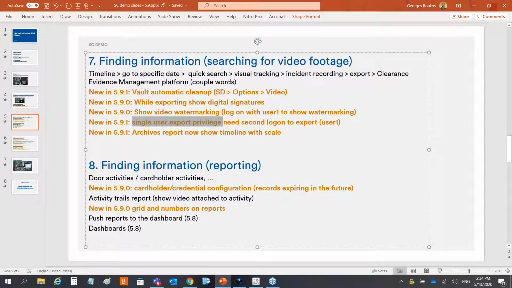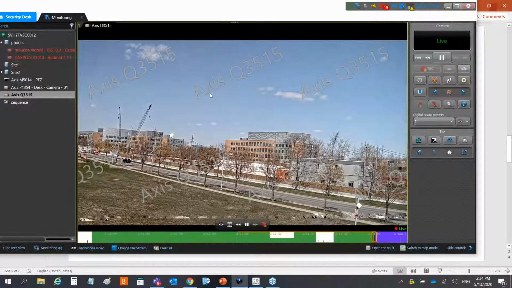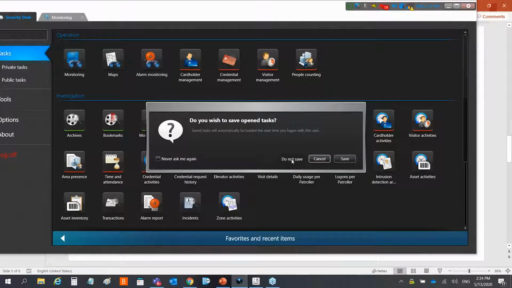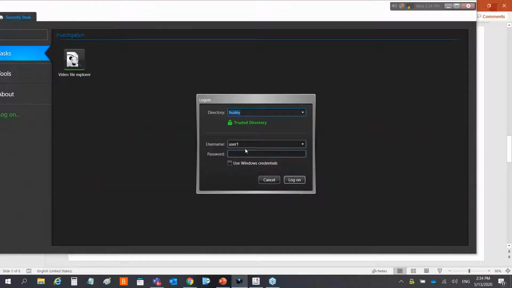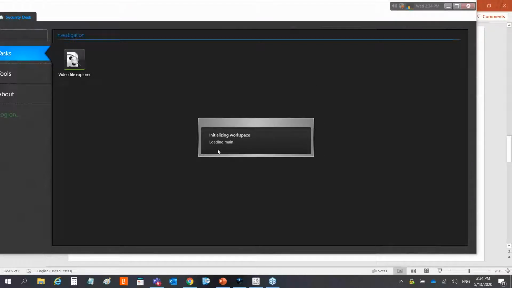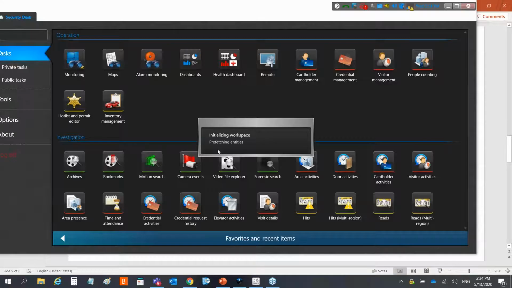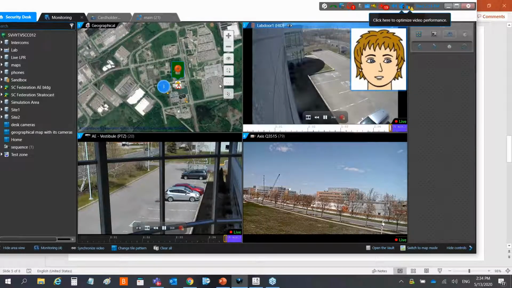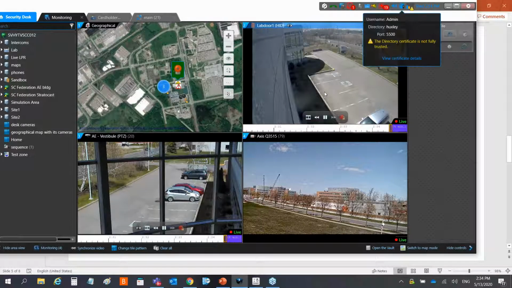And let me show you also, since we're talking about finding videos and exporting videos, let me log back in with the admin user. It's something that we changed on the archives report. So the archives report is a report to run to allow you to find videos. It's not the go to specific date or the quick search. It's a report. So the quick search here, if you click here,